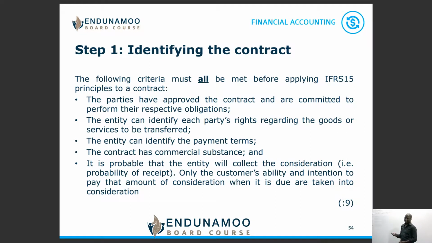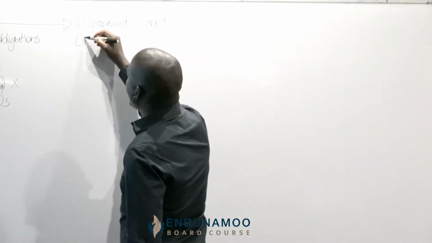Number 1, that contract that you've identified has to be approved by the parties. And in an exam, the way to check for approval is probably to say whether the contract has been signed by the parties. That's how you determine whether the contract has been approved and the parties are committed to their respective obligations. That's number 1. Then number 2 is to assess what are the rights